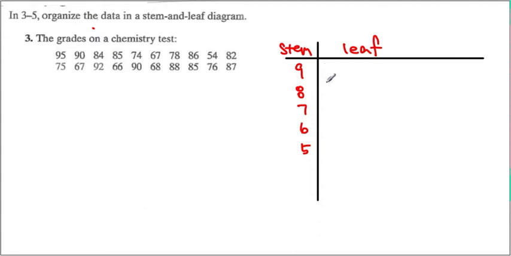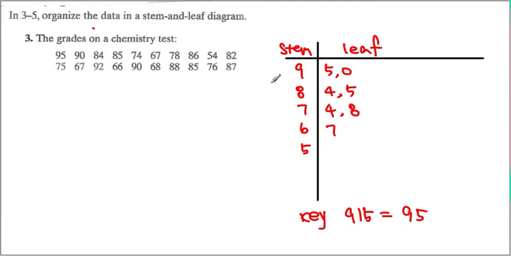So the first one is 95, so I'm going to put down 5 here, and 90, so I'm going to put down 0, 84, so I'm going to put down 4 here, and notice that the key will be 9, 5 equals 95. That's basically what we're talking about here. And 85, and 74, 67, and 78, and 86,